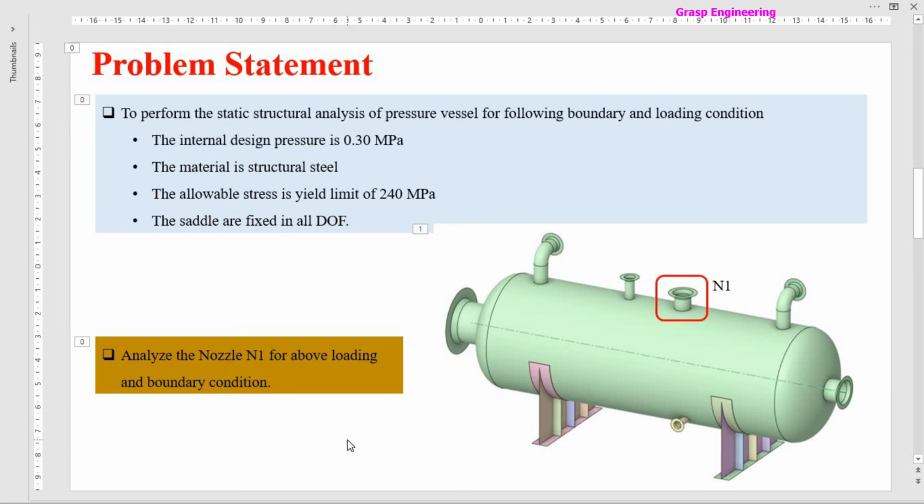When we talk about submodeling, there are many uses. Suppose in some cases you need to analyze a particular nozzle or a particular junction, such as this pipe connection or nozzle connection. Sometimes we also need to analyze the saddle portion. In that case, instead of analyzing a complete vessel, you can use this submodeling methodology, which is quite useful and most widely used in the oil and gas industry, or you can say plant